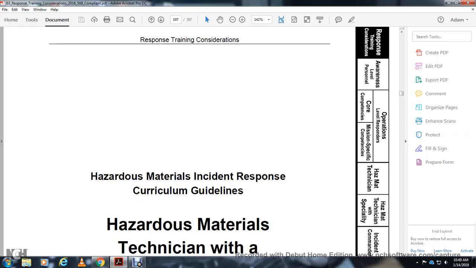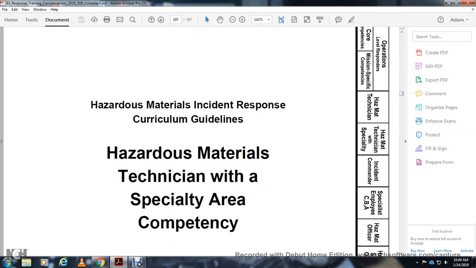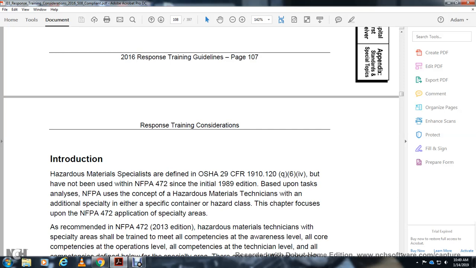Alright, your Hazardous Materials Incident Response Guide, curriculum guidelines: hazardous materials technician with a specialty area competency. Introduction. The hazardous materials specialty is defined in OSHA Title 29 CFR 1910.120 (q)(6)(v). It has been aligned with National Fire Protection Association 472 since the initial 1989 edition, based upon the task analysis of the National Fire Protection Association, with the concept of a hazardous materials technician with an additional specialty, either in a special hazard class, chapter focus on the National Fire Protection